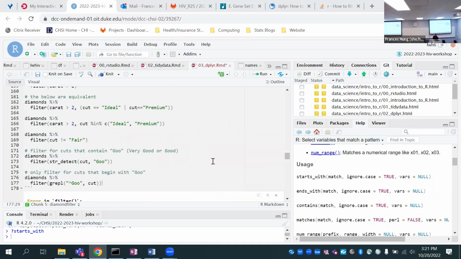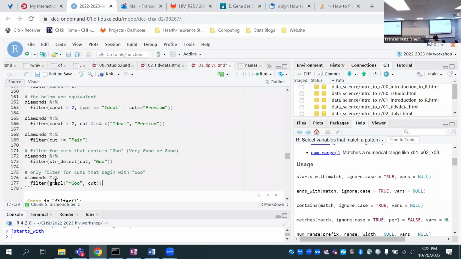So to go back to the question that was asked earlier about whether string detect looks for GOO very flexibly or whether it's at the very beginning. If you want to look for GOO at the very beginning, you could do 2 things here.